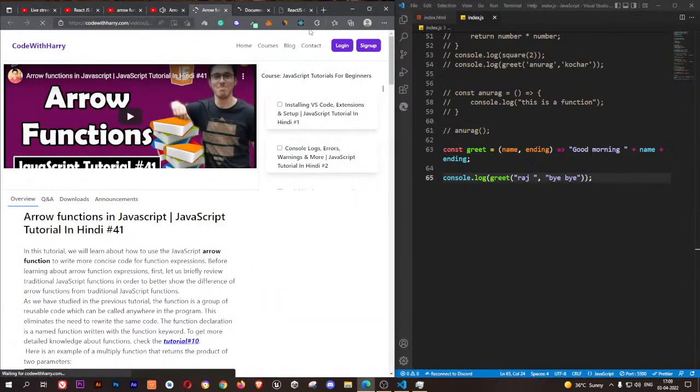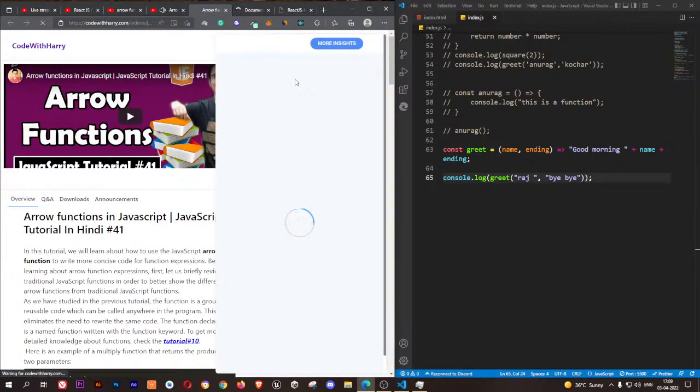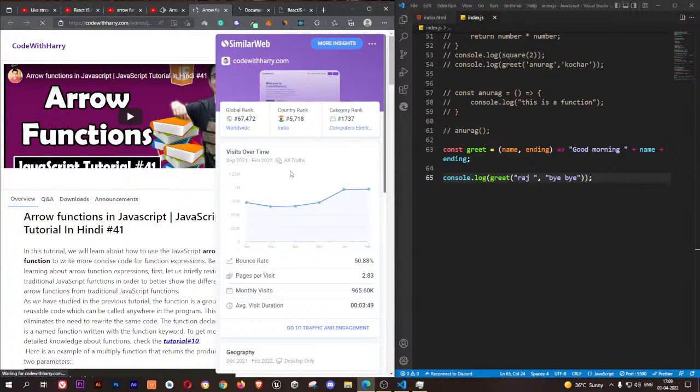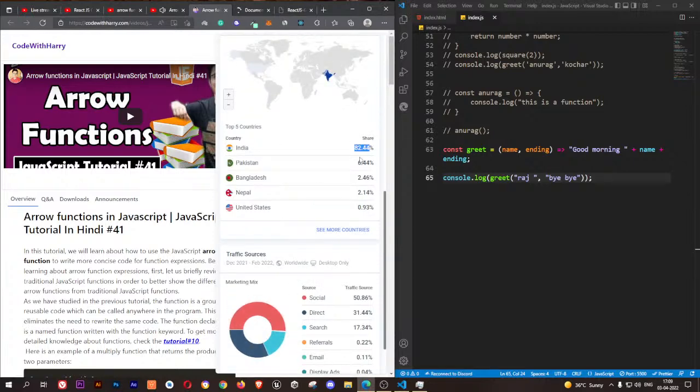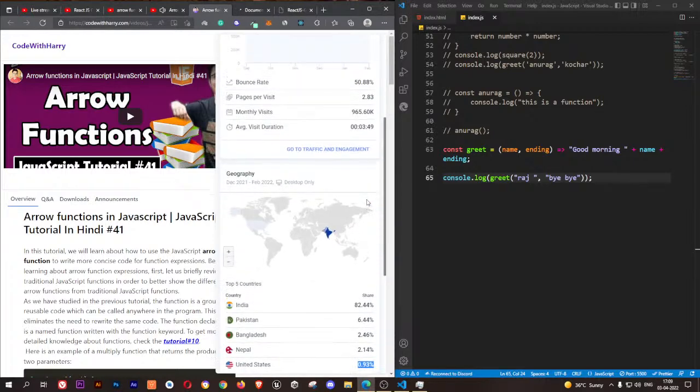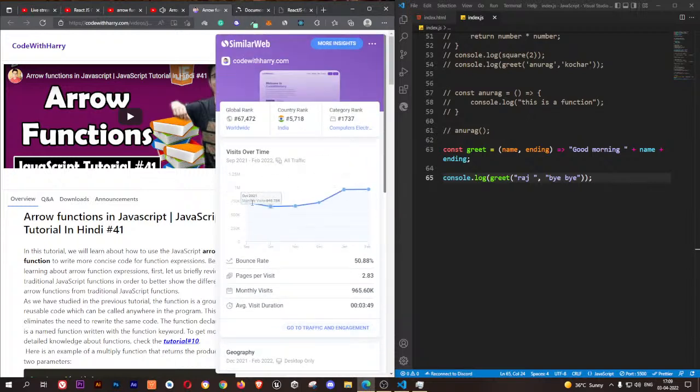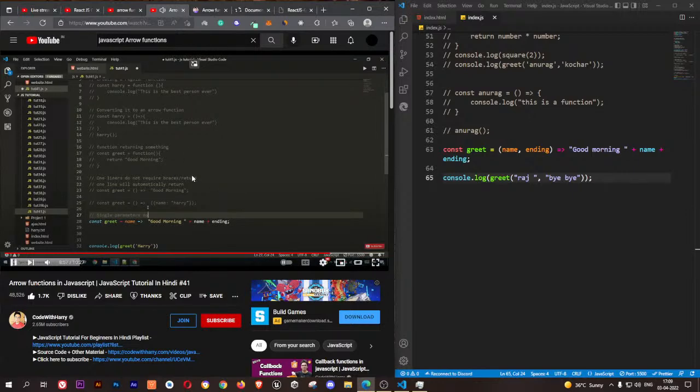तो ना आपको फंक्शन लिखने की ज़रूरत पड़ी, ना आपको कर्ली ब्रेस खोलने की ज़रूरत पड़ी, ना आपको ये ब्रैकेट लगाने की ज़रूरत पड़ी। आपने सिर्फ ये कह दिया नेम इज़ इक्वल टू एरो, और उसके बाद गुड मॉर्निंग प्लस नेम प्लस एंडिंग। तो इस तरह आपने अपने एरो फंक्शन को यूज़ कर लिया। तो आपने देखा कि मल्टीपल पैरामीटर्स को पैरेंथेसिस की ज़रूरत पड़ती है। मैं लिख देता हूँ, parenthesis, but